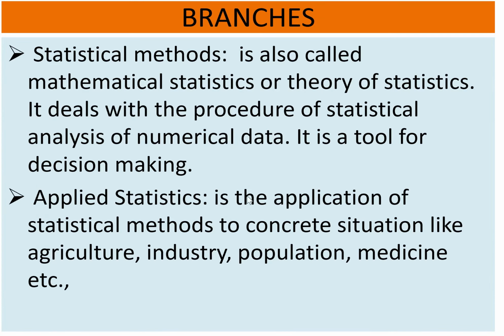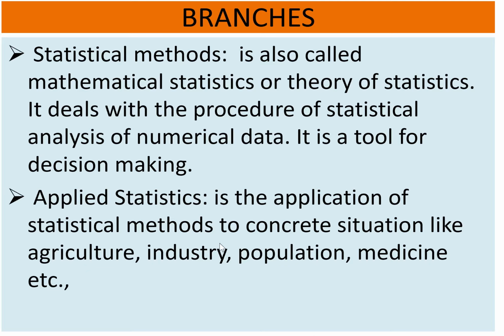Next, what are the branches? Statistical methods and applied statistics are the two main branches. What do you mean by statistical methods? It's also called mathematical statistics or theory of statistics. It deals with the procedure of statistical analysis of numerical data, and it is a tool for decision making, as I told you. And applied statistics is one more branch of statistics